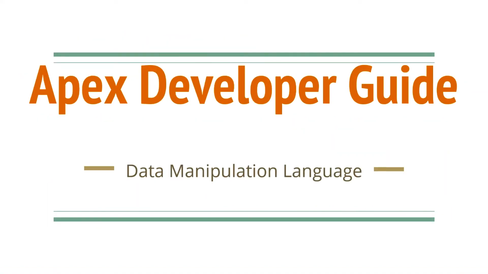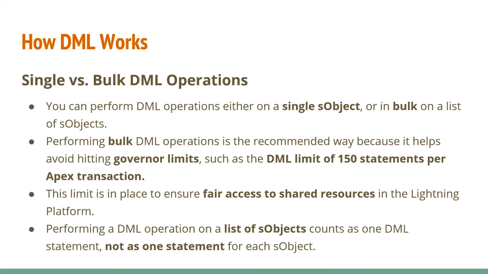Next, we will talk about DML in Apex, so data manipulation language. So how DML works, single versus bulk DML operations. It's a data manipulation language, as its name suggests, we are trying to manipulate the data. So that's why it is known as DML operations. You can perform DML operations either on a single object or in bulk on a list of sObjects. Performing bulk DML operations is the recommended way